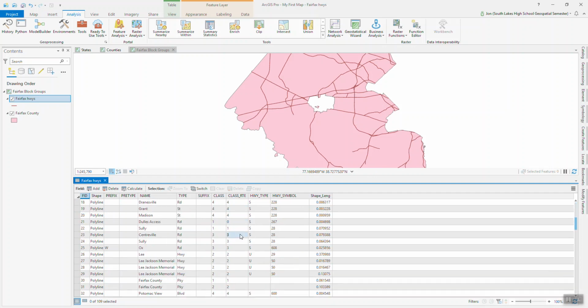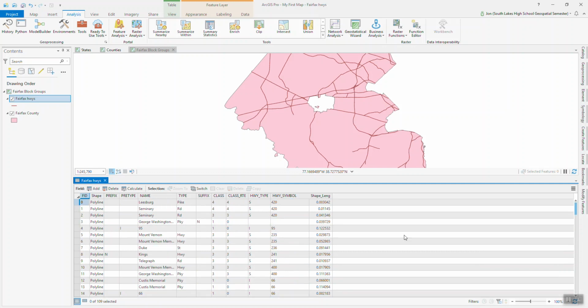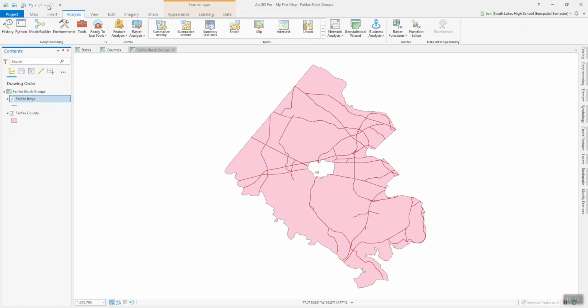But what I'd like to look for here is 66, and for highway type, it looks like we would probably search under highway symbol. Let's see if that works, and we'll just try to isolate Route 66 and then move on. We'll do something on it later. Okay, so go to Selection, back to Map,